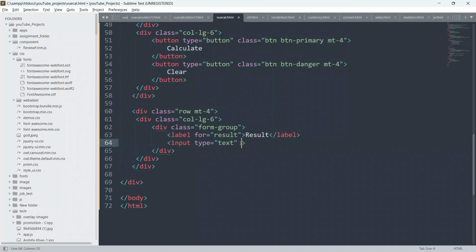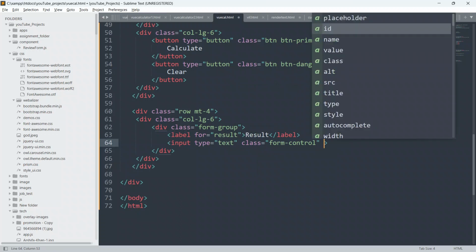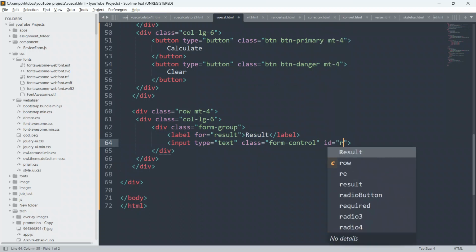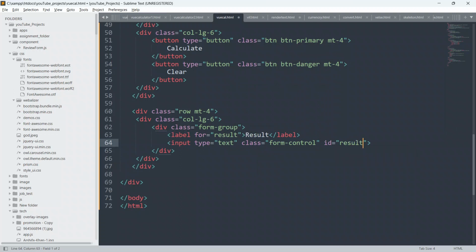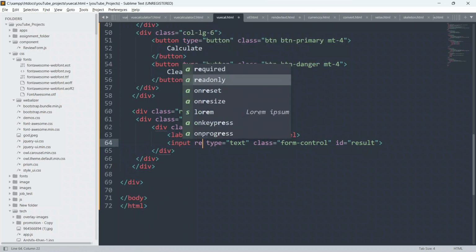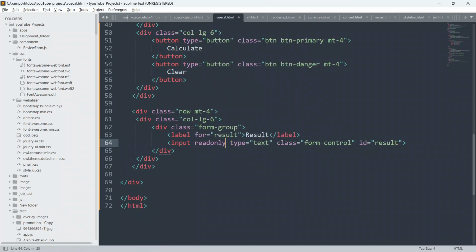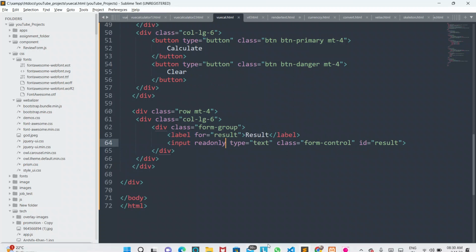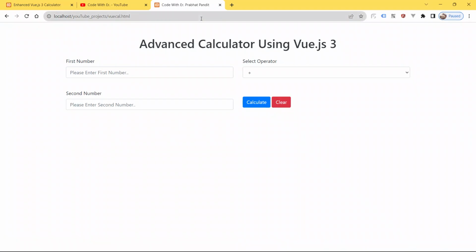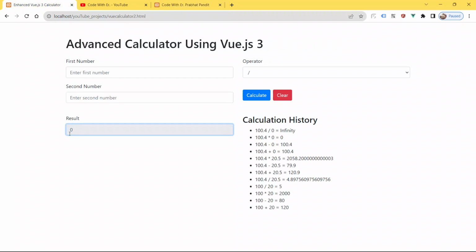I'll give the class as form-control, and I'll give the id as result. And just give the readonly attribute. Now just save your code, go to the browser and refresh the page. Boom guys, you can see here this is the result.